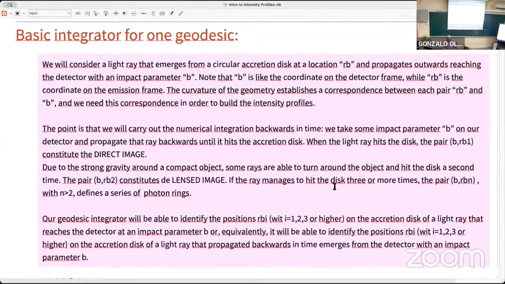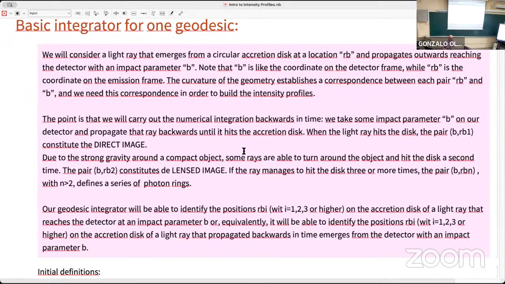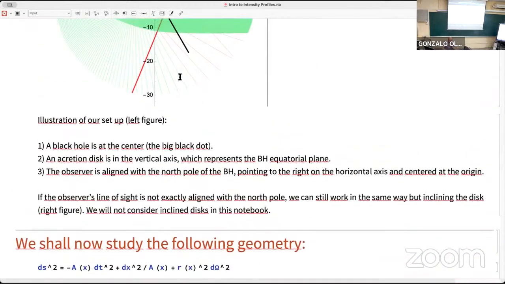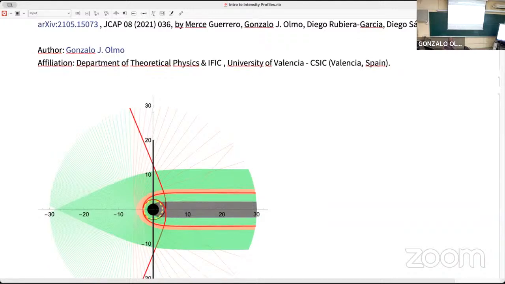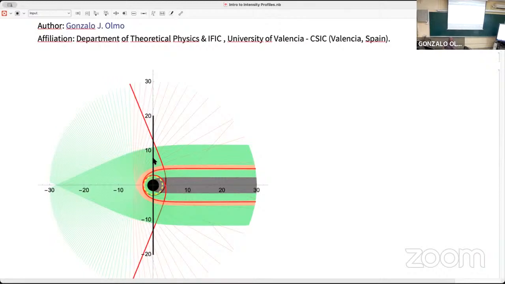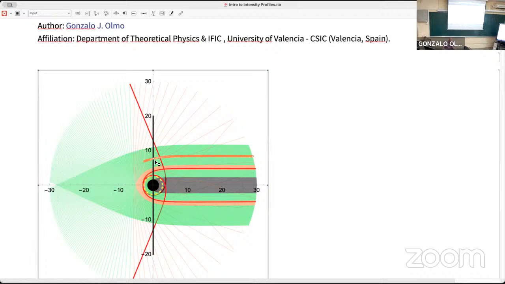Now, let me read this because this is important. What we want to do is consider a light ray that emerges from a circular accretion disk at a location R_b and propagates outwards, reaching the detector with an impact parameter b. What this means is that we have this accretion disk, then at some radius, like this one, R_b, the light ray emerges and goes